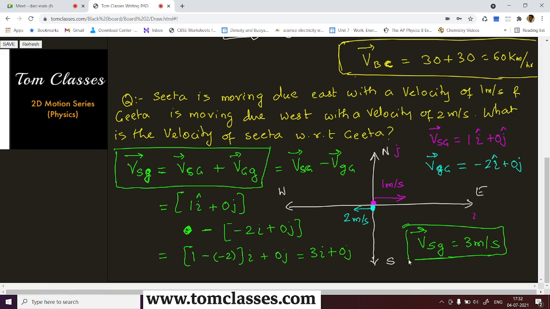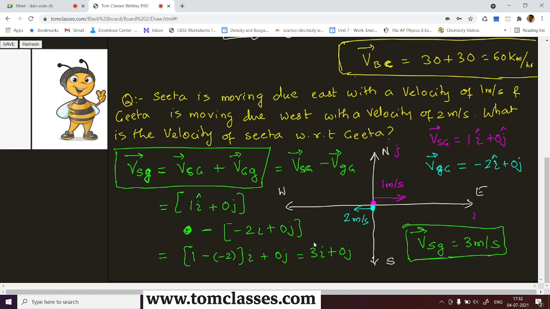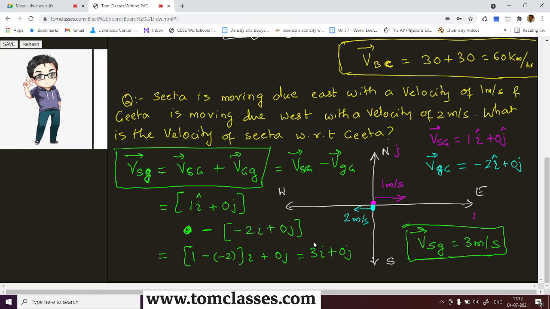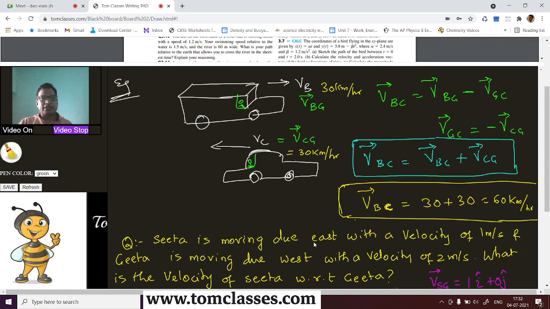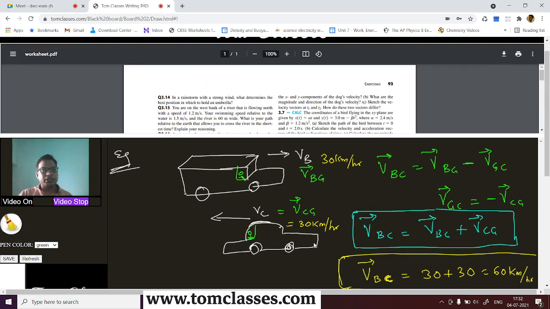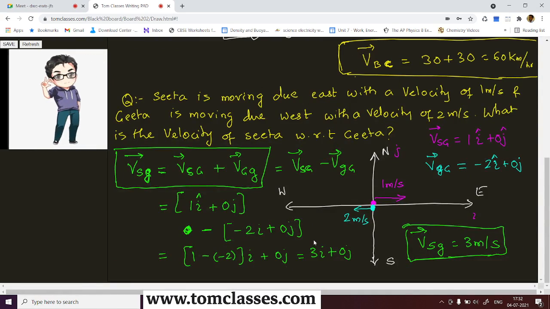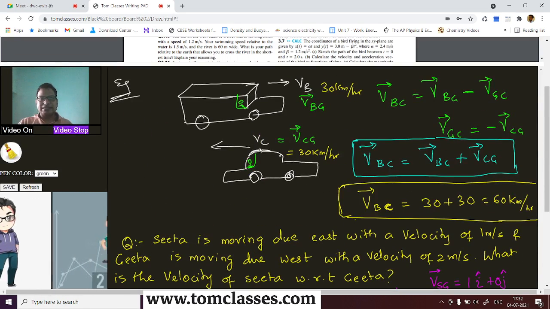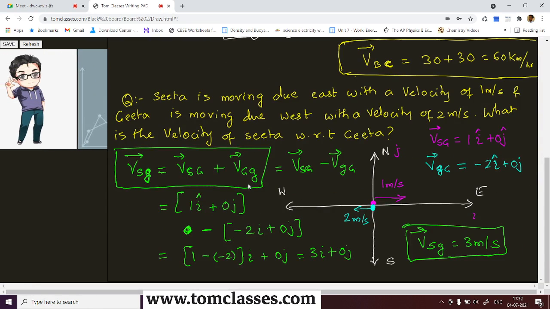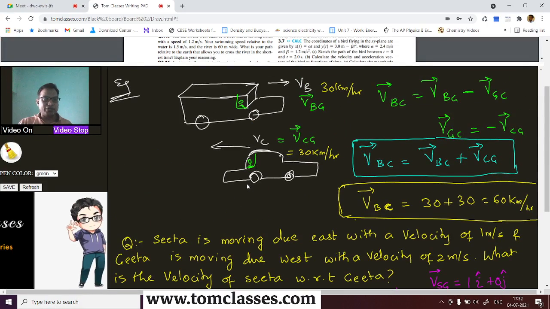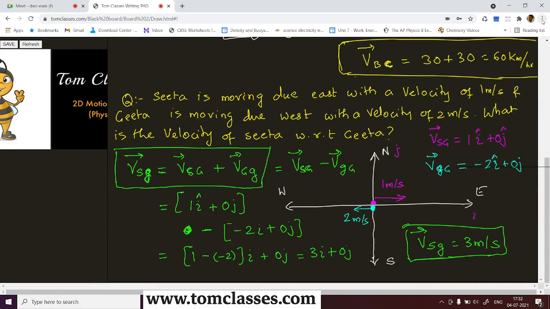It is the same case as the car and the bus traveling in opposite directions, right? Is this okay? Clear? Yes. Okay, so the same concept you can apply in the vector notation. This is more of a mathematical approach which you can apply, and this case is the same as that case. So this is how you are going to break them into components, and then apply the relative velocity concept over here. Yes, is this okay? Now let me save this.